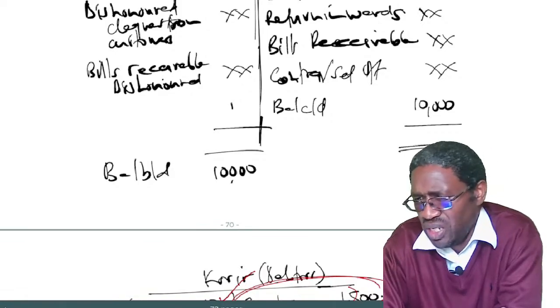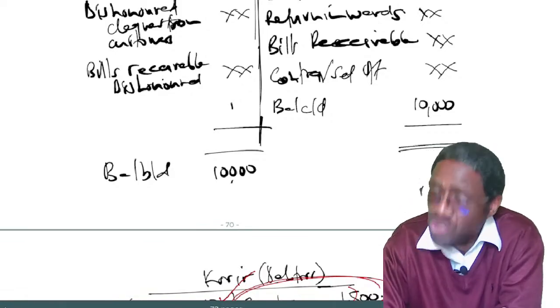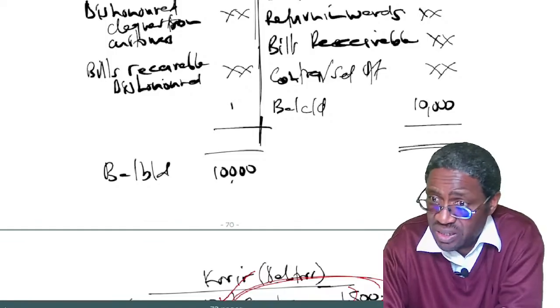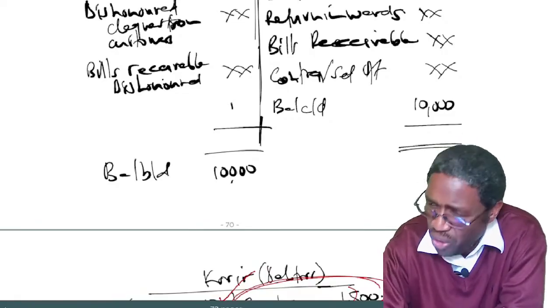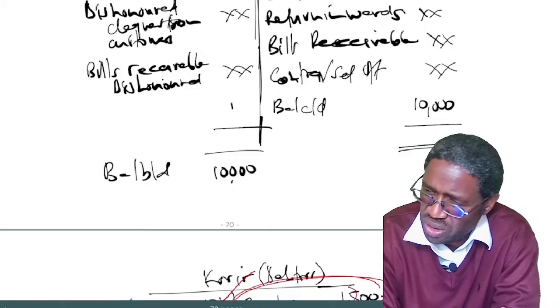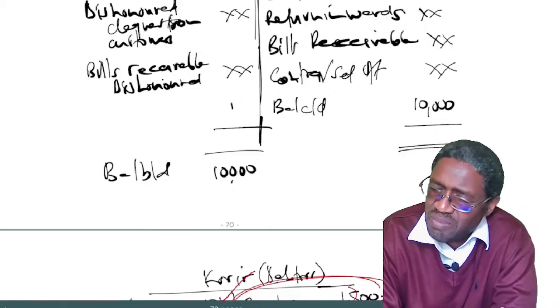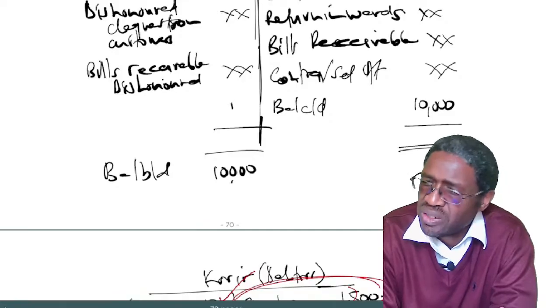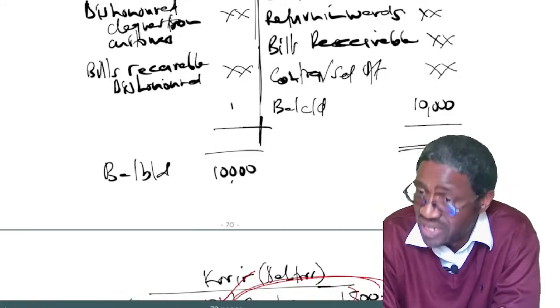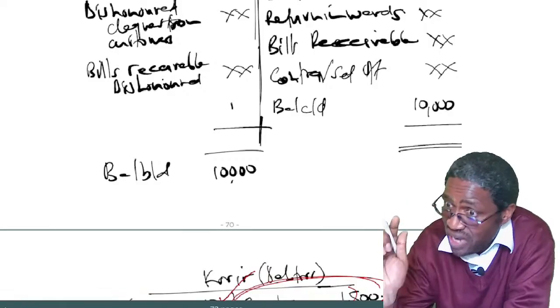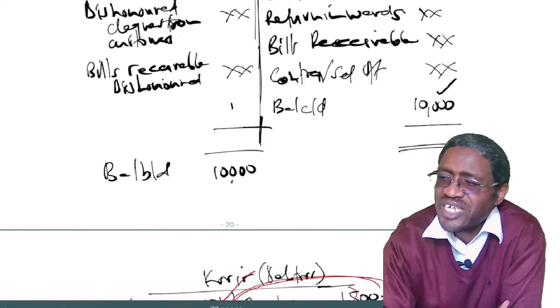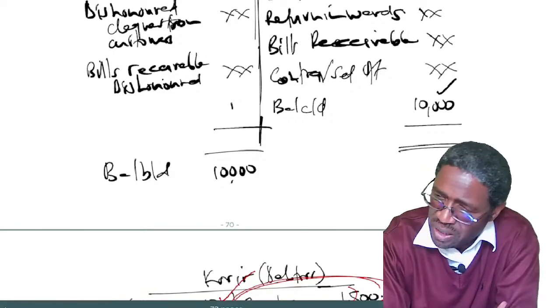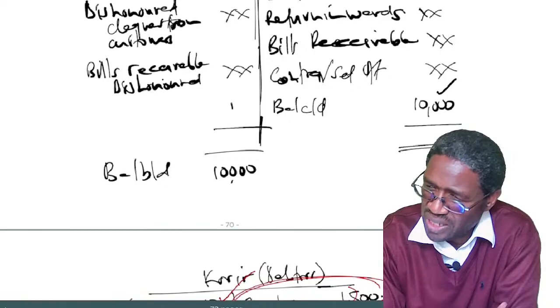Come the end of the year, you could not have brought down the balance on the debit side without first carrying it down. So if you are told by the question that by the end of the year, the debtor's balance was 10,000 debit, first I have said carry it down on the credit side